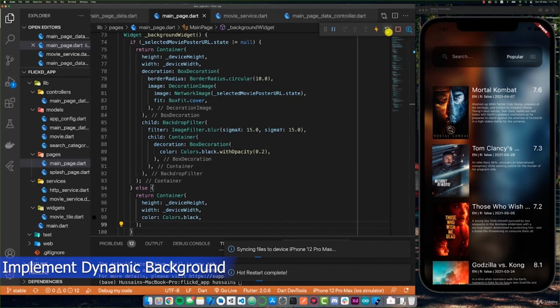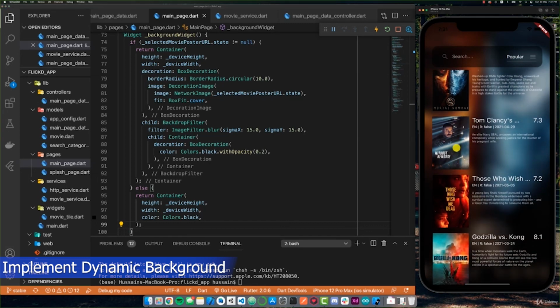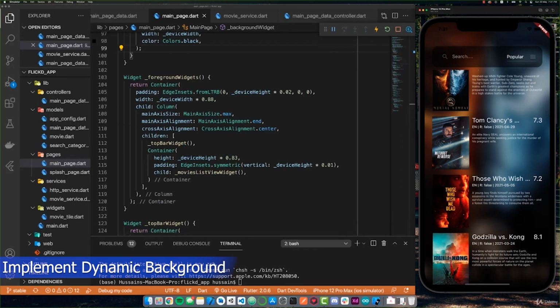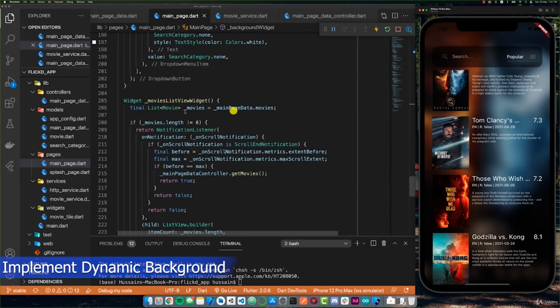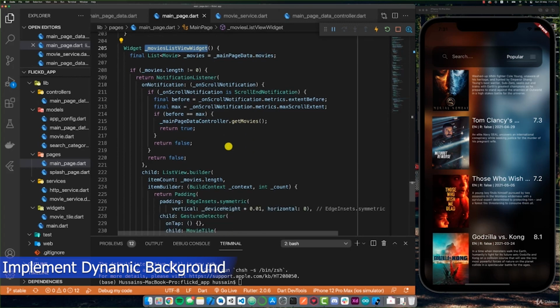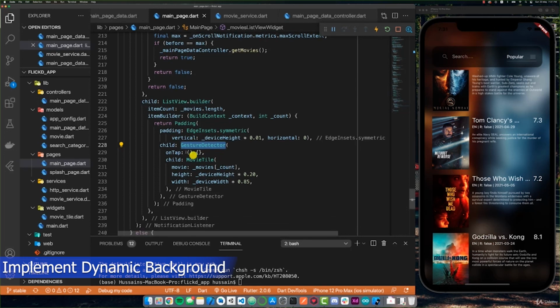And now if we reload our application, you're going to see that we don't get that error, and when the actual image is available and the movies have been loaded, we display that image. But still, you can see that we're not actually updating the image once we click on the movie tile. And the last thing that we need to do is that inside of our actual movies list view widget function, inside of our list view, go to the point where we have our gesture detector inside of the item builder function. And on the onTap function, we need to actually update the value of our